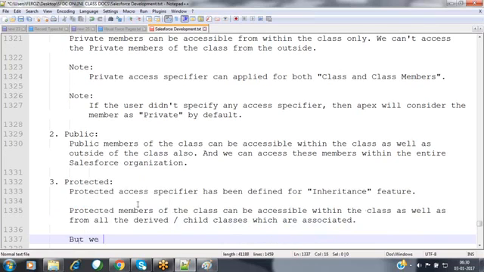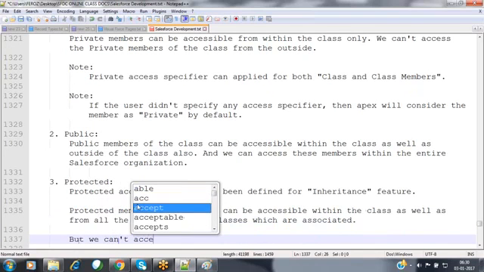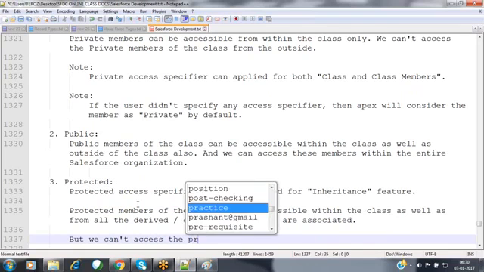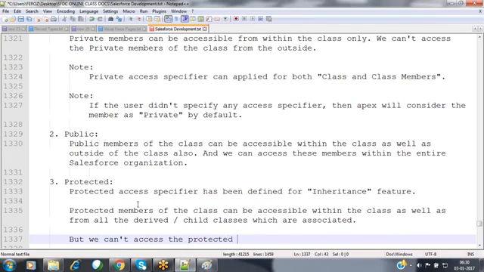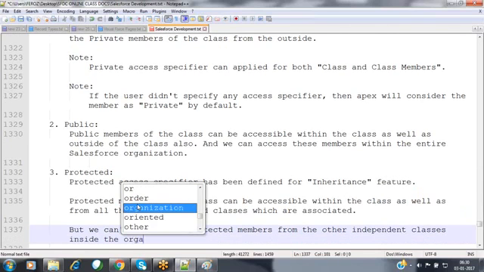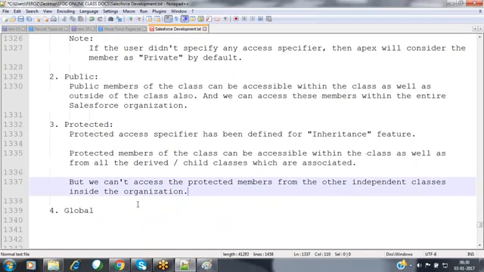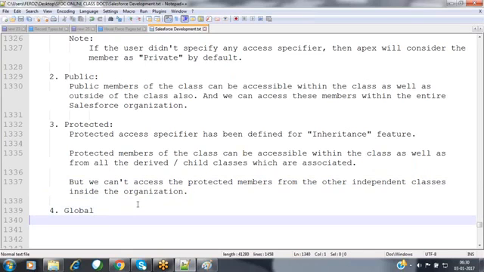But we can't access the protected members from the other independent classes inside the organization. Whenever you are using the inheritance feature, we go for the protected access specifier.